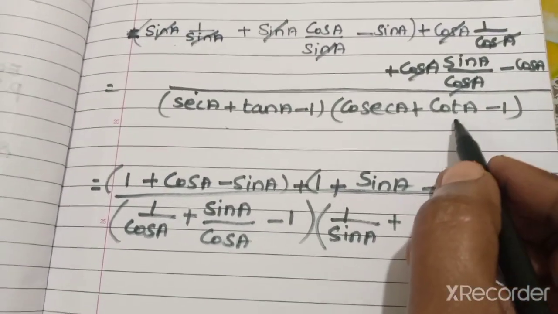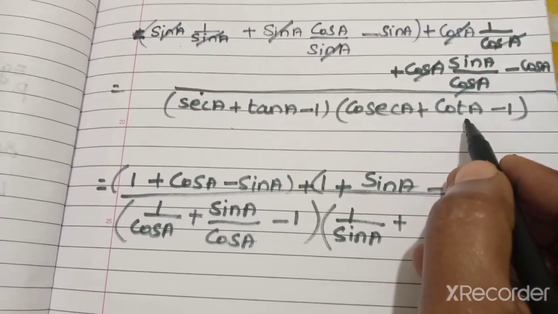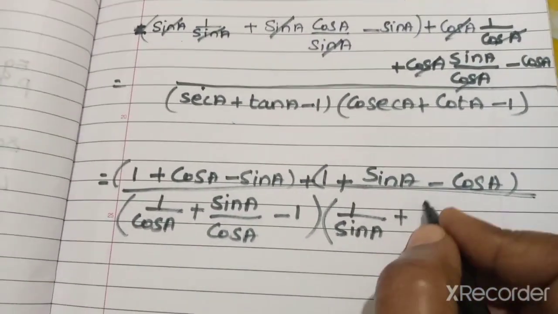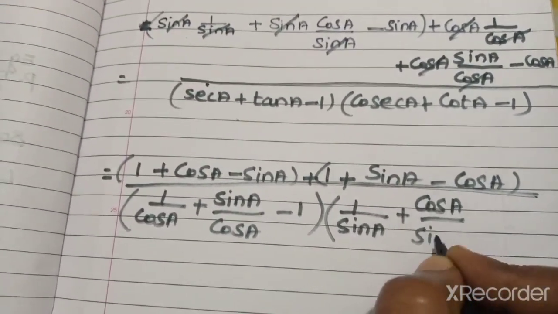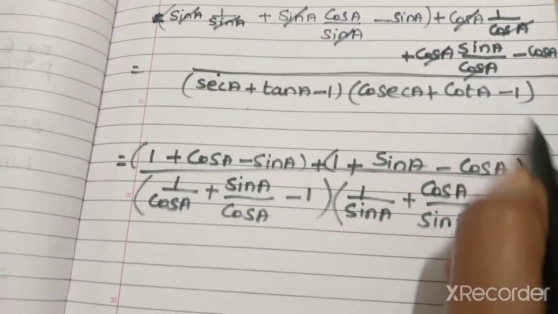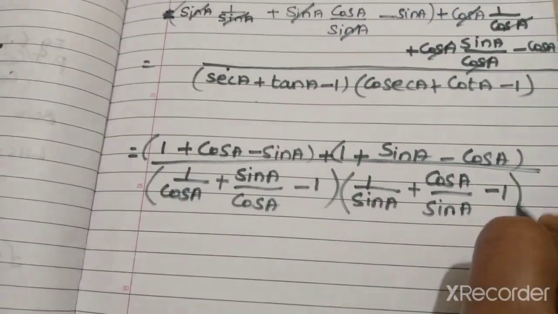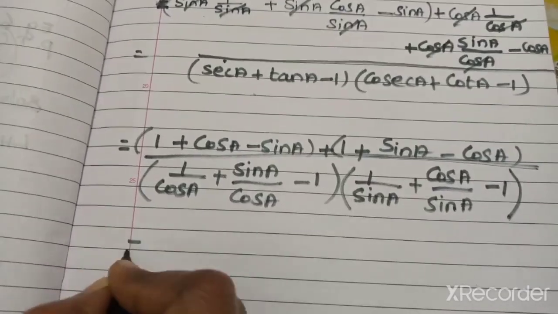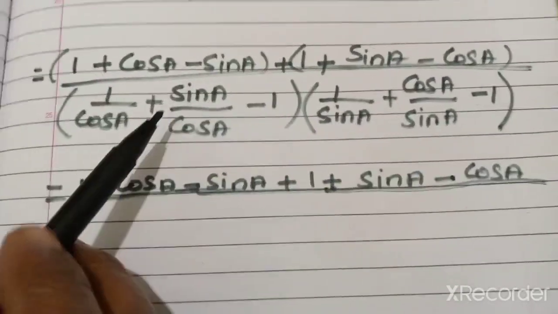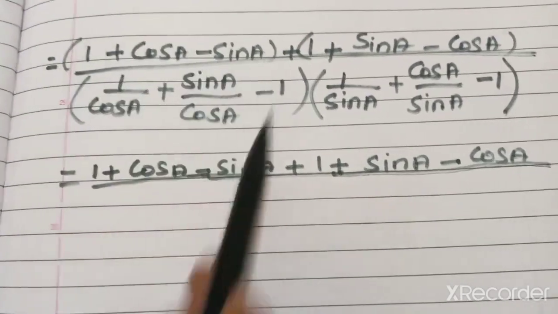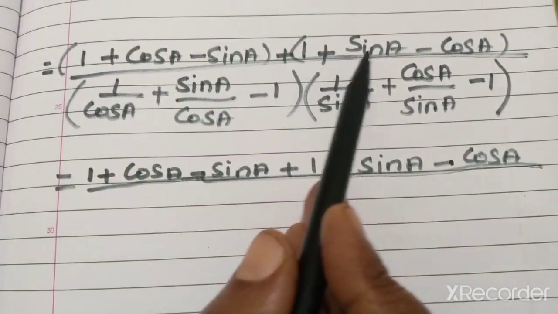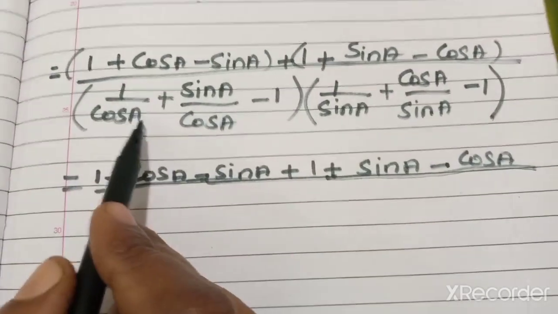plus cot theta. What is the formula? Cot theta is cos A by sin. So cot theta, that is cos A by sin A. There is minus 1, write it, close the bracket, which is equal to, now let's remove these brackets. So numerator becomes 1 plus cos A minus sin A plus 1 plus sin A minus cos A by denominator,